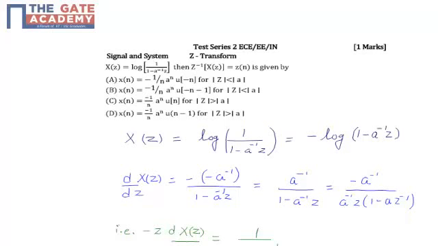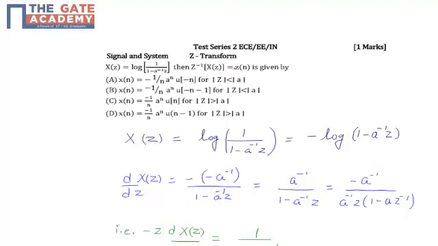Hello students, the following question is from test series 2, subject Signals and Systems, chapter Z transform, and the question is asked for 1 mark. Question is, if X of z is equal to log of 1 by 1 minus a inverse z, then the z inverse of X of z is equal to x of n, which is given by,